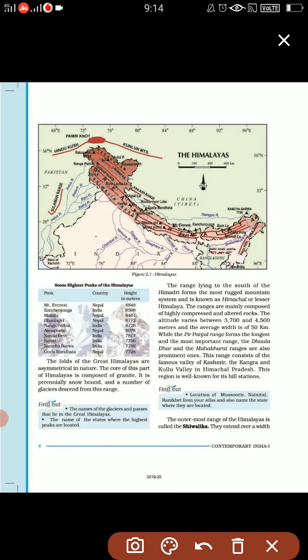Find the longitudinal valley lying between the lesser Himalayas and the Shivaliks. In between both of these are the dunes. Different dunes you have heard about, the Dehradun, Kotli Dun, Patli Dun, they all are there. So the valleys lying between are famous for their dunes.